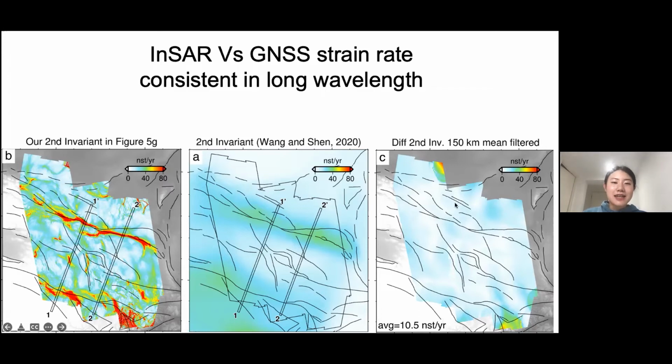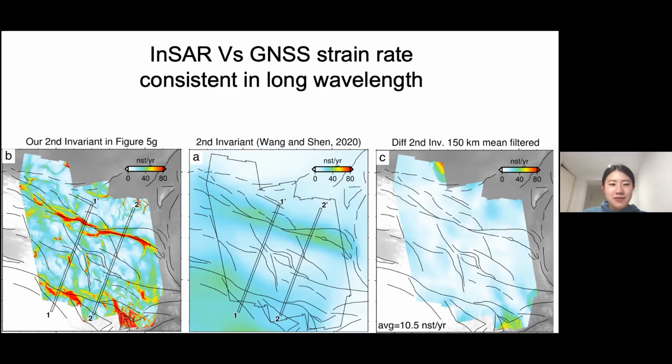Then I calculated a second invariant of the differences of the tensor elements, and that gives me this map. And despite the noise in the corners that are associated with desert and here associated with forest, the misfits here average to 10.5 nanostrain per year,